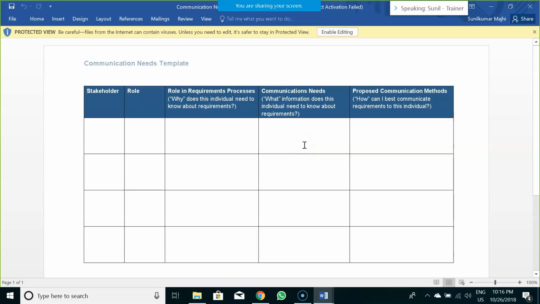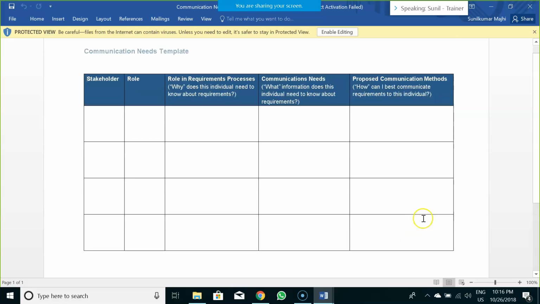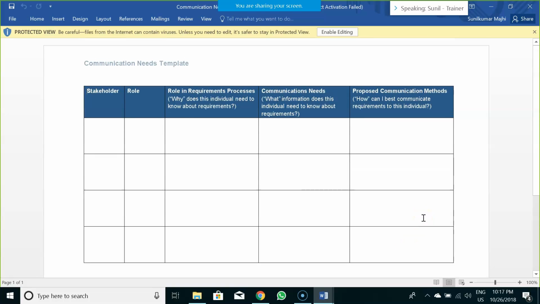If he is a responsible person, then you have to mark it, since he is responsible for giving this particular requirement, then that is the reason behind initiating a communication with that particular stakeholder with that particular role. So you have to identify the list of all possible stakeholders with their roles in this particular template, and you have to describe what are the communication methods that you would be following for that particular user. So this is an ongoing process.